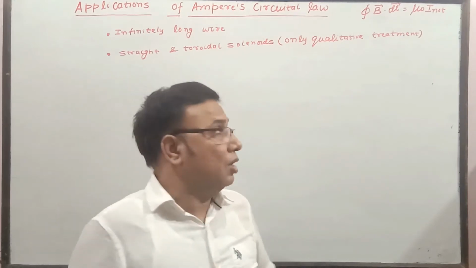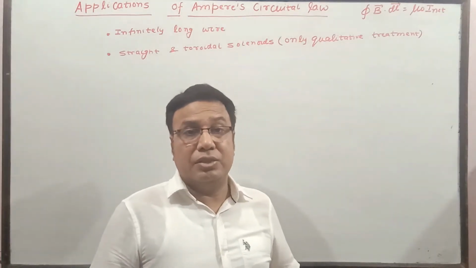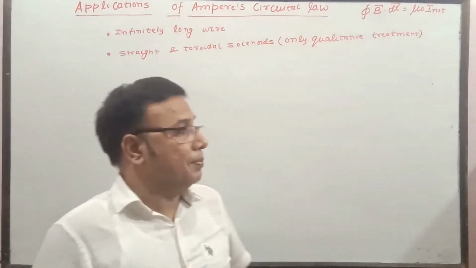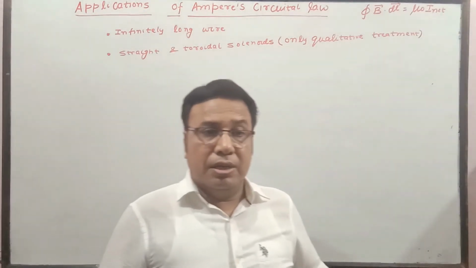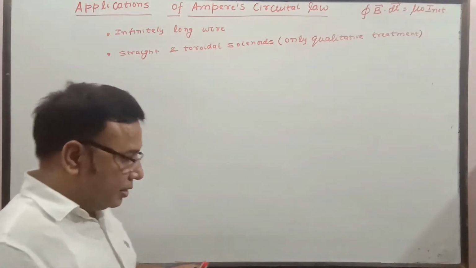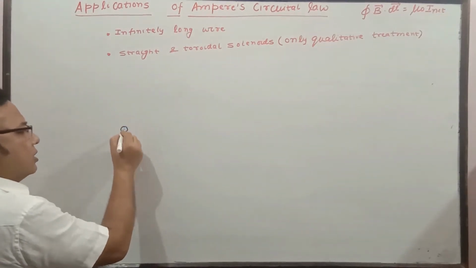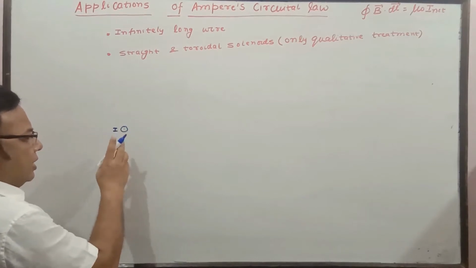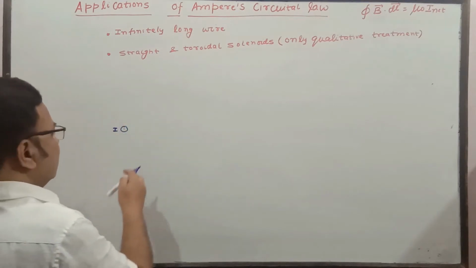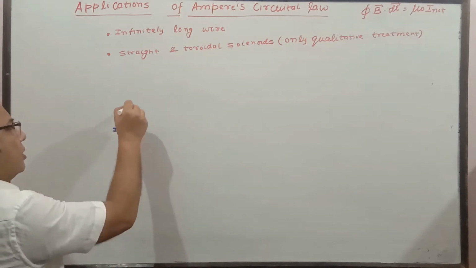First we are going to do the infinitely long straight current carrying wire, due to which the magnetic field is to be determined with the use of Ampere's circuital law. In the very last class we had seen some things. First, what we know from the first class: suppose a current carrying wire is there with current I coming towards us. The wire is like this. Then the magnetic field can be given by the right hand rule, and that is along this.